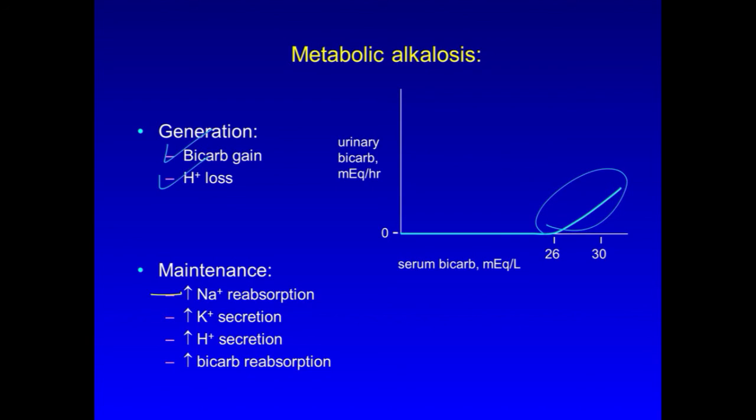If a maintenance phase occurs with an increase in sodium reabsorption, then increased potassium and hydrogen ion secretion occur, often followed by potassium depletion and a further increase in hydrogen ion secretion, allowing more than normal bicarbonate reabsorption, which in turn allows serum bicarbonate to be maintained at a higher than normal level instead of being